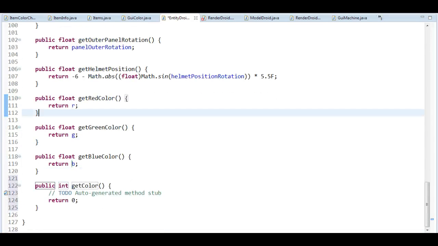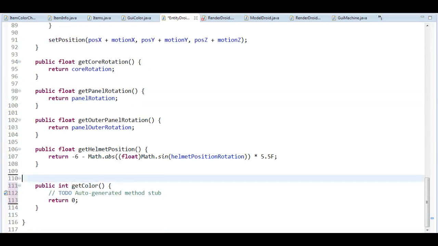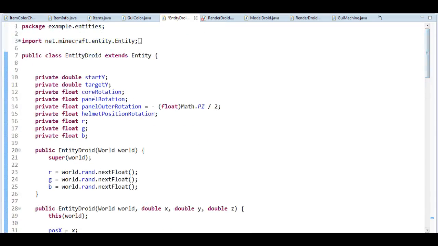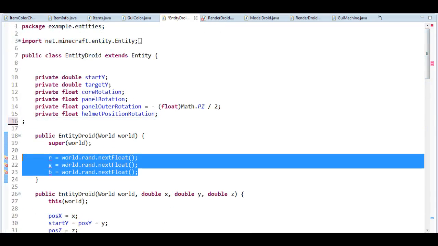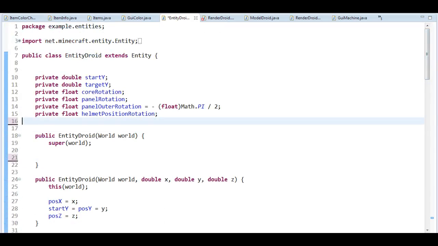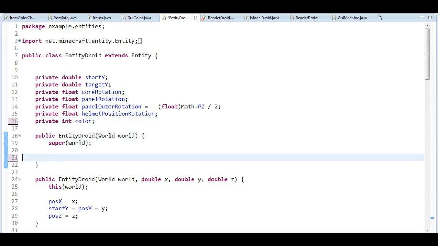There we go. And then we don't need the old ones here, like that. And we don't need these ones, and we don't need that one anymore. So what I'm going to do now is just define with an integer, int color here. And I want to randomize that like before. Maybe you want to define it in a different way, but for now what we're doing here is just randomizing